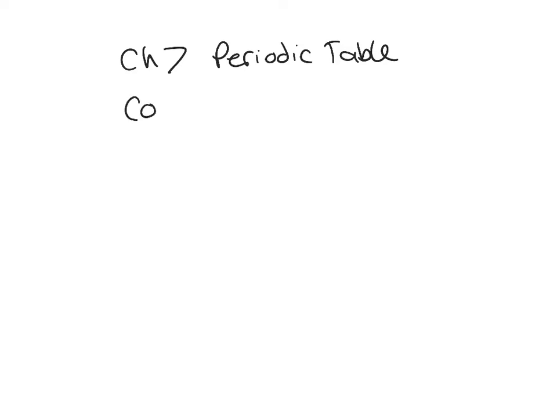Here's what I need you to know about Chapter 7 that you may have missed. Some of the stuff that we did from Chapter 7, periodic table. We started with Coulomb's law. You do not need to use this law quantitatively. That means you're not going to have to plug numbers into it and solve for it. But you do need to know that the force between two things that are charged, so in this case, because